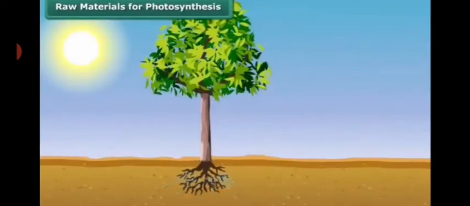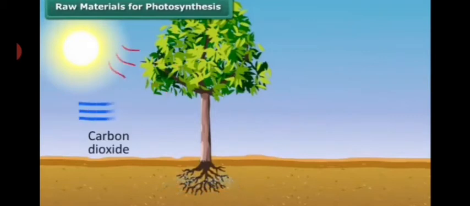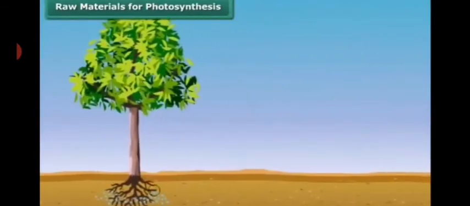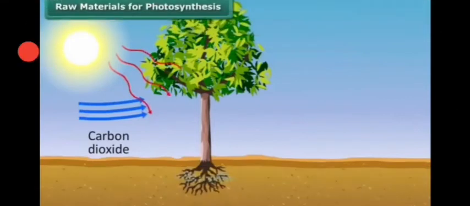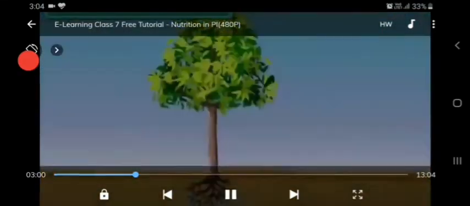Now let's understand more about photosynthesis. Raw materials for photosynthesis. The plant prepares its own food, as I told before, so it requires some simpler substances. The substances required to prepare food are the raw materials. Here the plant requires, first, carbon dioxide. It is mentioned that carbon dioxide is taken from the atmosphere, and you can see that sunlight is also coming. The arrow mark shows that sunlight is coming to the plants. Yes, sunlight is also used by the plants.